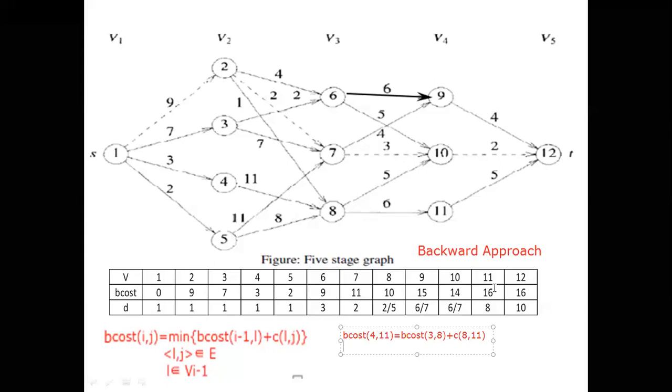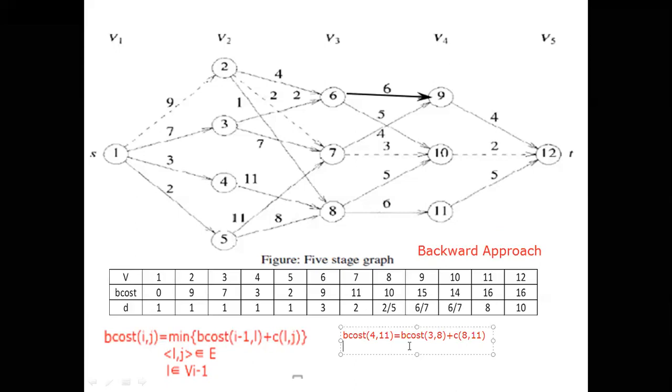What is the 11 value we are getting here? I am getting 16, which means from 1 to 11, the shortest path is 16. That is the meaning here. Now you may be confused that 12 is also 16, but for 12 the path is different. That is why it is coming as 16. Do not confuse that. For 11 the path is different, that is why there itself 16 is coming, right?